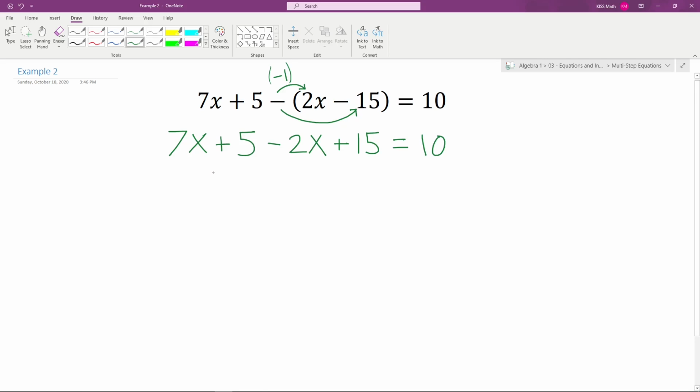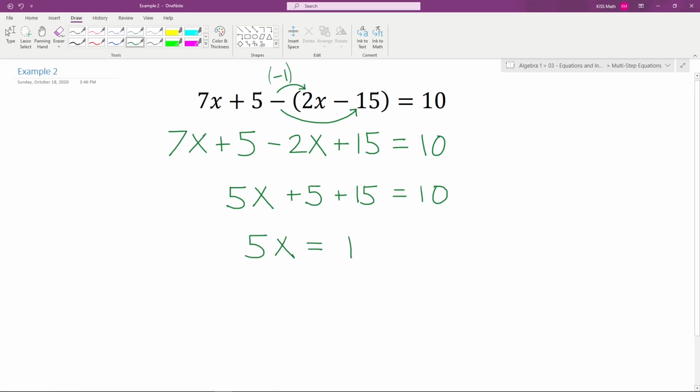Okay, so now we're going to move all the unknowns to one side and all the knowns to the other side. So I have 7x and a negative 2x. So in total, I have 5x's, right? So 5x plus 5 plus 15 equals 10. Well, this 5 and the 15 are known, right? So I'm going to have to move them to this other side here. So let's go ahead and do that. So 5x